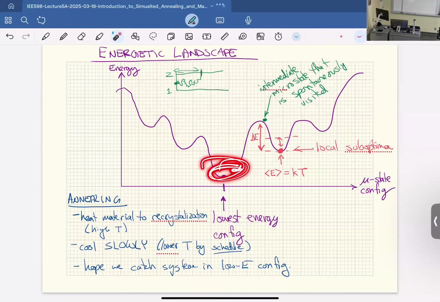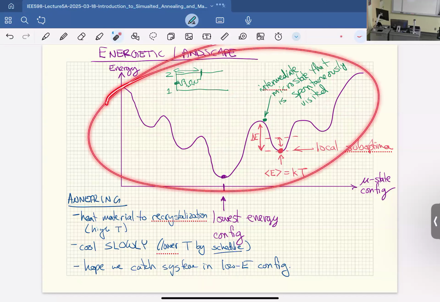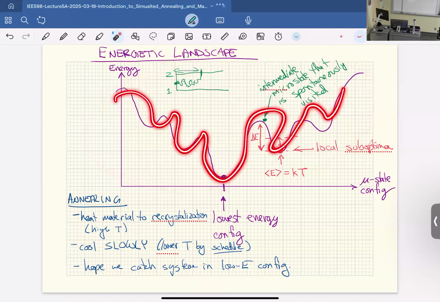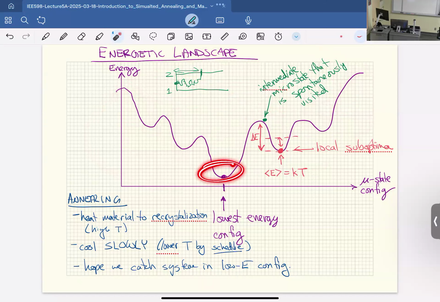It'll be here more often than the other places here. So basically, if you heat this system up and then manage to sample where the microstate is, you'll actually etch out a distribution which looks like this energetic distribution. It will just spend more time frequently here.